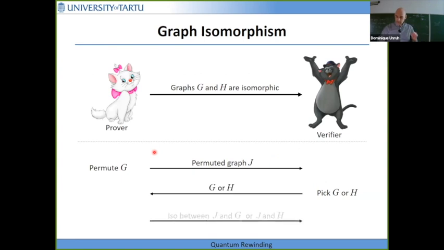Let me talk about the graph isomorphism. The response here would be that between two graphs, you can have more than one isomorphism. So this protocol actually doesn't fall into that setting. And unless I have missed the paper that studied this, we don't know if this is a quantum proof of knowledge. However, what we do know is, if we restrict ourselves to so-called rigid graphs, so rigid graphs